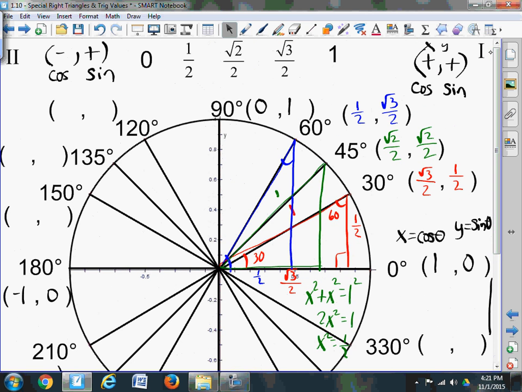All right, so if we look at 120 degrees, we can see that this is the same height, right? This would be referring to a 60-degree angle. So the reference angle for 120 degrees is called a reference angle because I'm referring to 60. Basically, a reference angle is the angle that lies in the first quadrant that you would refer to for any quadrant that does not lie in the first quadrant in order to know its coordinates. So for 120 degrees, it's going to be the same coordinates as 60 degrees, right? So I would have